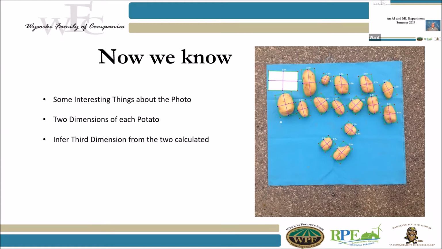Fun fact about potatoes is generally the width dimension, if you will, on most of these pictures, or the skinnier dimension, matches the depth in most cases. So we were able to calculate 2 dimensions based on this, and then we could infer the 3rd dimension from the 2 that were calculated. Same blue cloth. This is a little earlier.